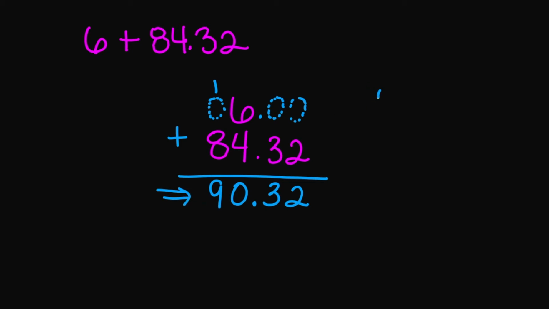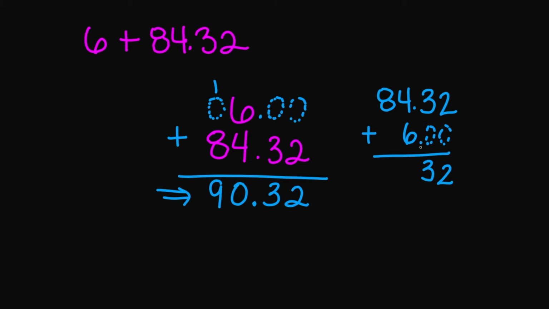Okay, remember, if I did 84.32 and your 6 at the bottom, you can definitely do the same thing. Imaginary zeros, and I'm going to add. So 2 plus 0 is 2, 3 plus 0 is 3, decimal plus decimal, it's decimal, and then 4 plus 6 is going to be 10, carry the 1, 1 plus 8 is going to be 9, okay? Let's try